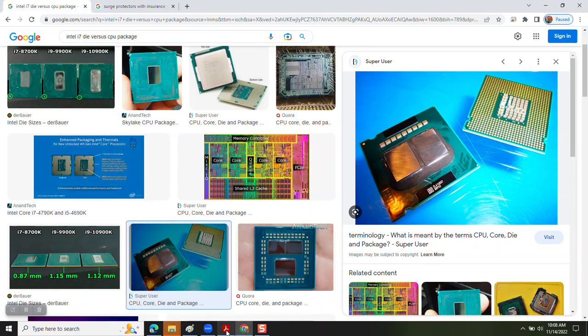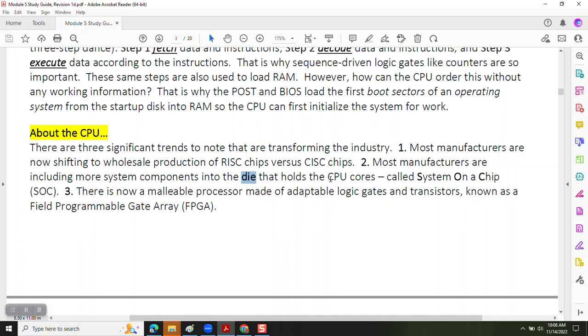That's an important distinction. Sometimes consumers or students will call the entire computer a CPU because it's the physical component that does all the computing, unlike the display or the keyboard or the mouse, but that would be an incorrect term. So in any case, the third trend we talked about was the field programmable gate array. These are malleable or flexible processors that allow you to adapt the logic gates as needed. And those were the three trends we